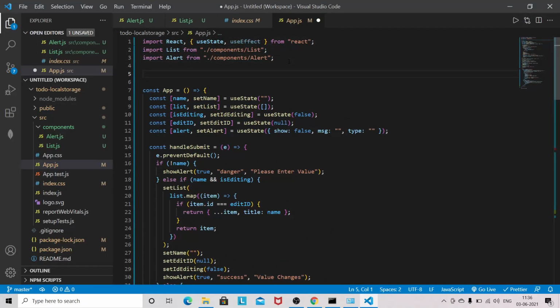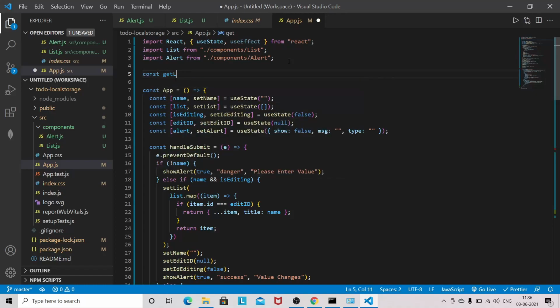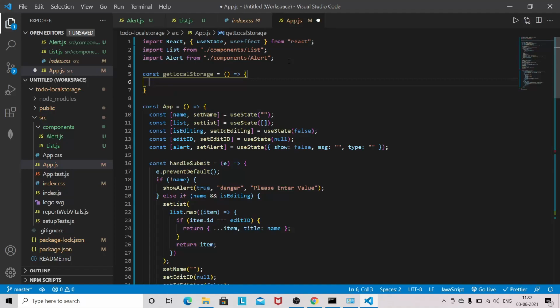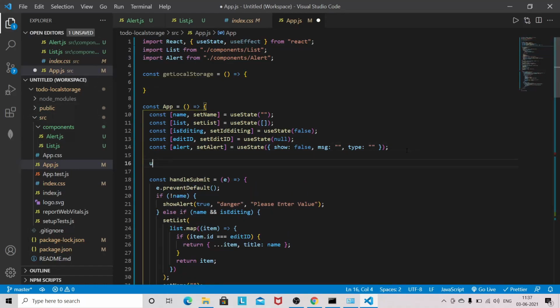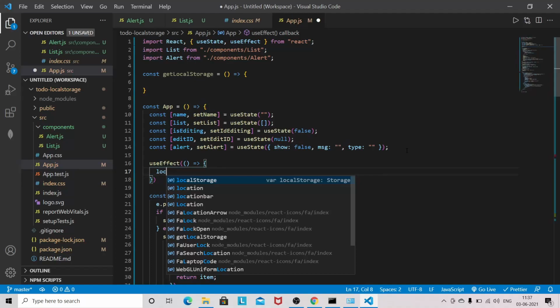So here at the top I will write one logic. const get local storage. Before writing this, for the first render I will use useEffect and local storage.